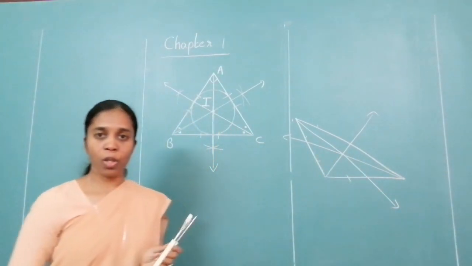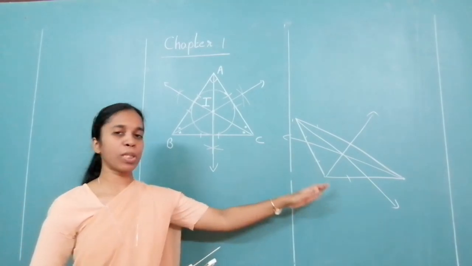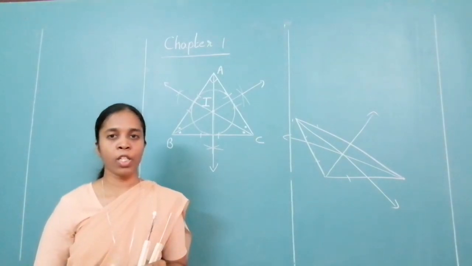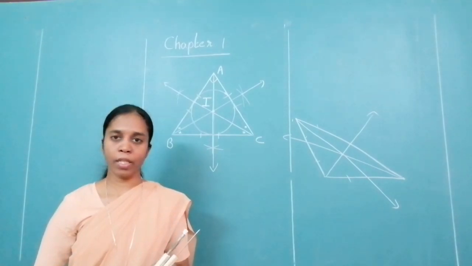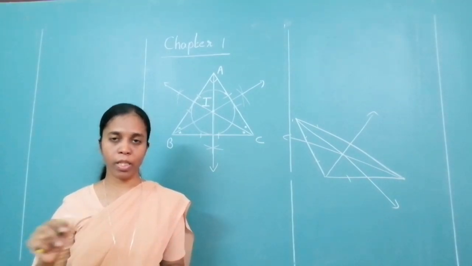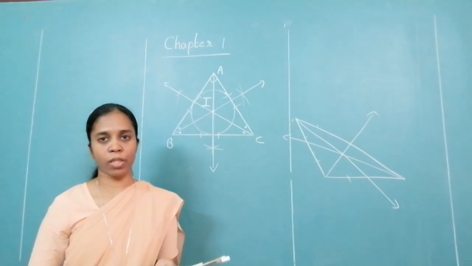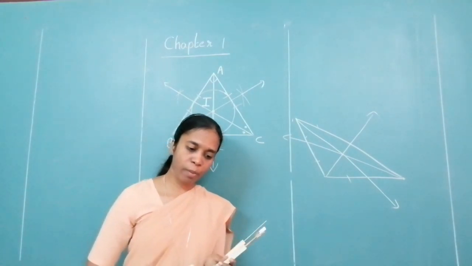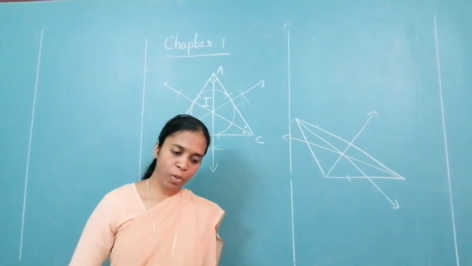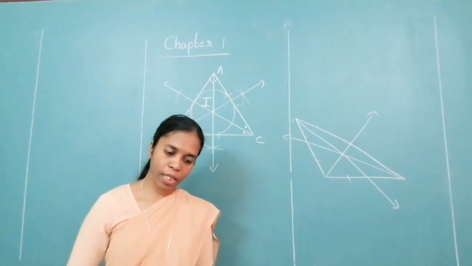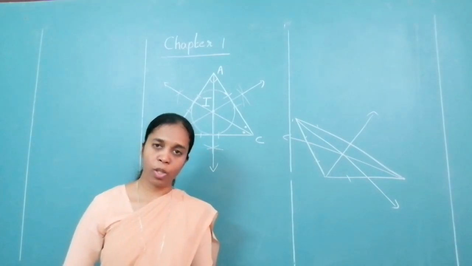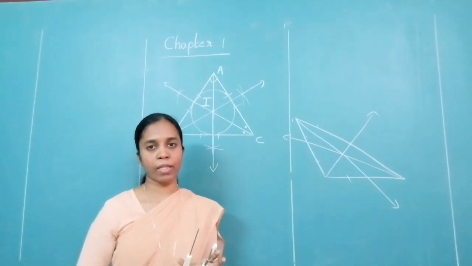And I want you to draw the incircle for an obtuse angle triangle as well as for a right angle triangle. You know how to draw a right angle triangle? Using a set square, take that 90 degrees and then draw it. This is clear to you? Practice set 1 again. Question number 3. Draw an obtuse angle triangle and a right angle triangle. Find the points of concurrence of the angle bisectors of each triangle. Where do the points of concurrence lie? That means they are incenters.